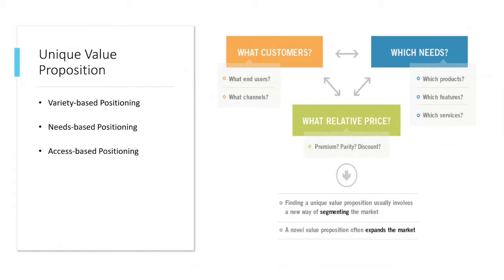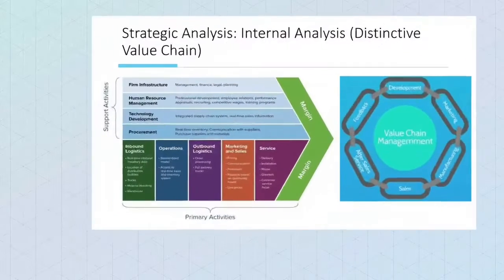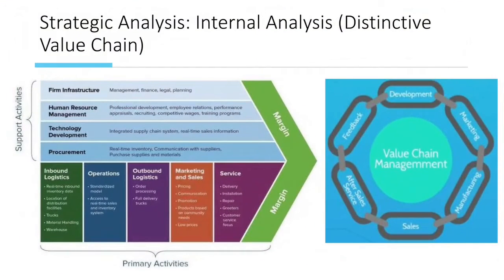In this process, we segment and expand the market rather than being trapped in zero-sum competition. To identify those different sets of activities, we conduct an internal analysis by combining VRIO and value chain tools. A valuable position by itself is not enough, as it attracts imitation by incumbents through repositioning and straddling.